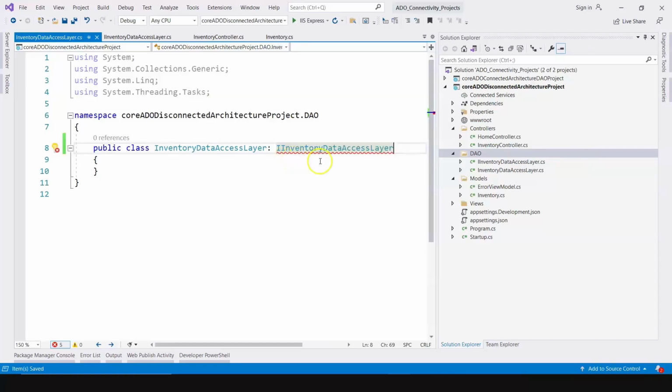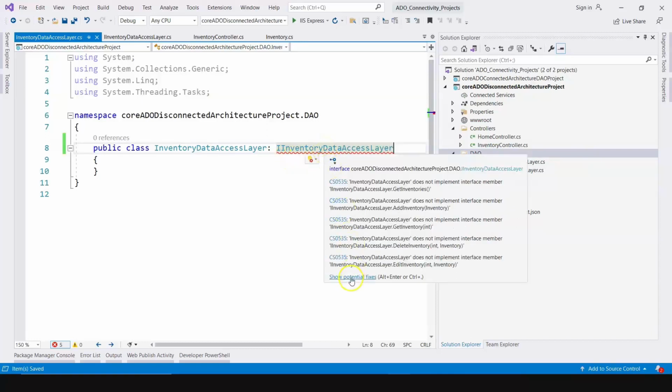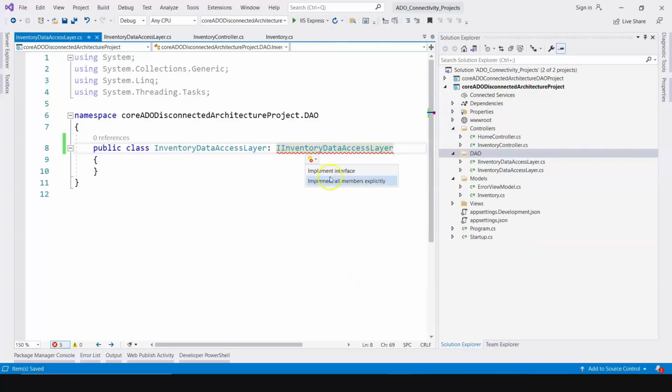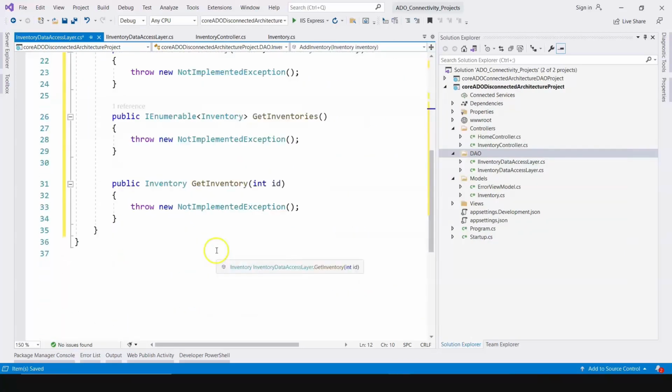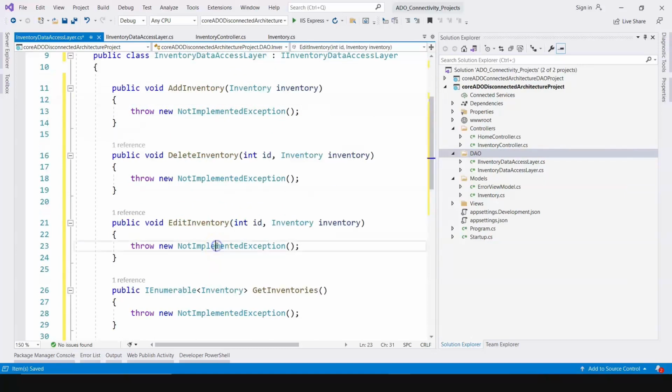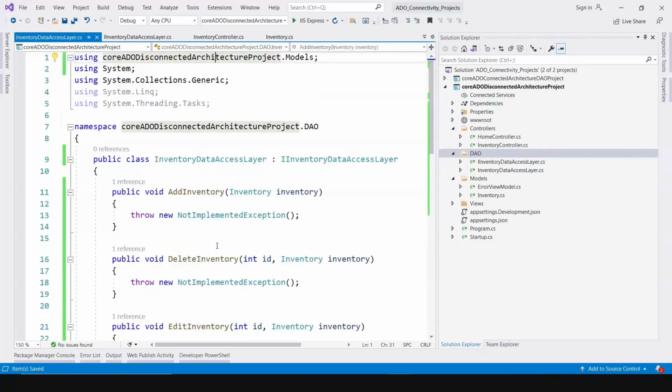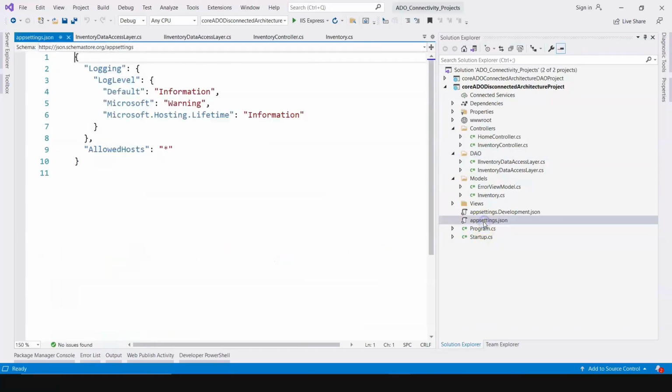And whatever abstract methods we will be having in this interface, we need to implement all of them. As of now, I'm just writing their definition so that I will not get any error. I earlier discussed with you, we will be passing the connection string from the app setting. Here I will be writing my connection string